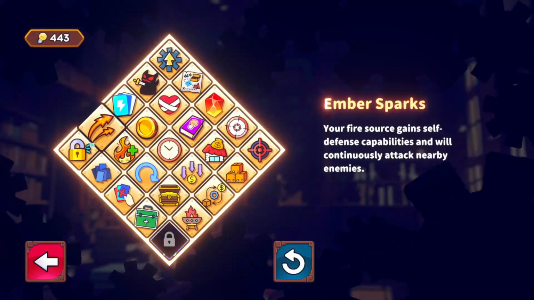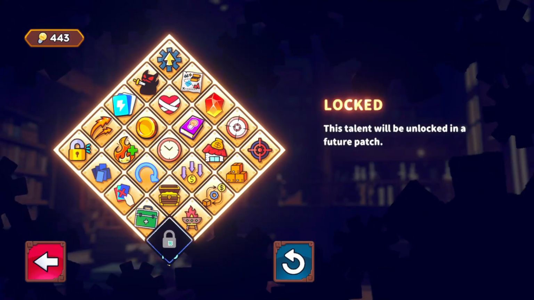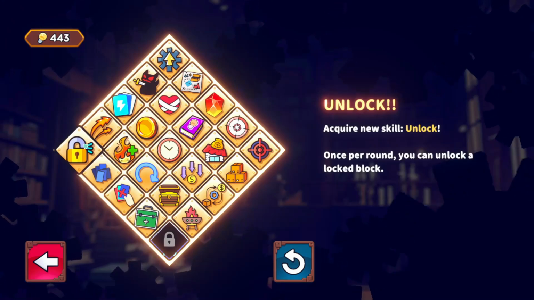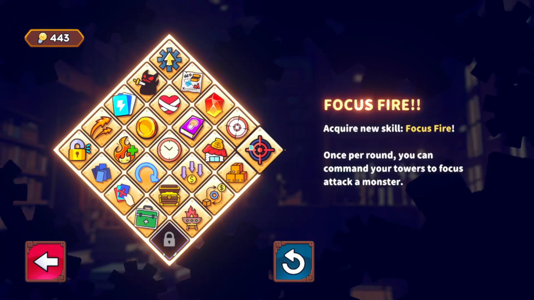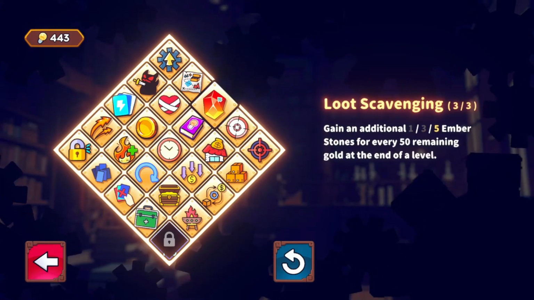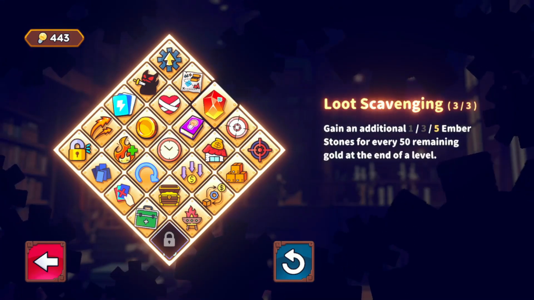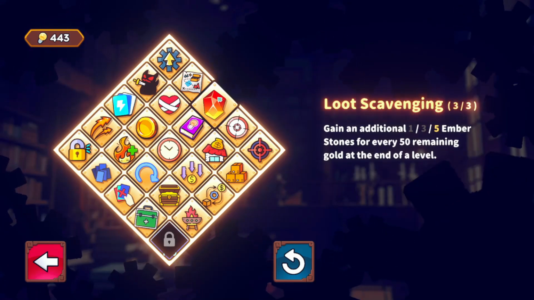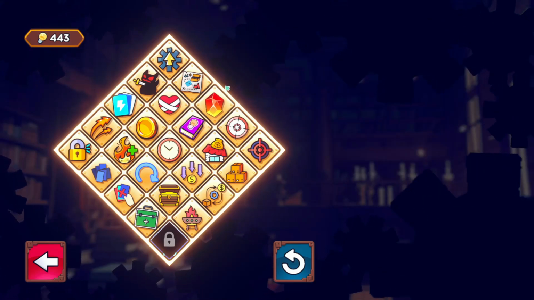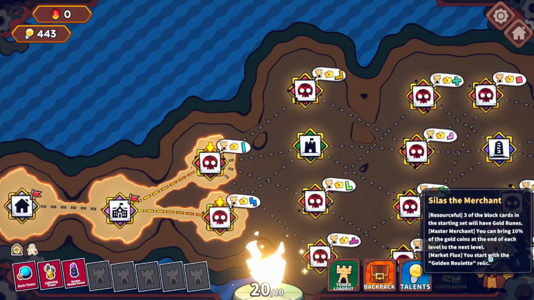So with the talent, there's a lot to unlock, but you want to take it slow and really unlock everything. One talent I want to talk about is the loot scavenging: gain an additional Ember Stone for every 50 remaining gold at the end of a level. Because of this talent and because of this character's passive,